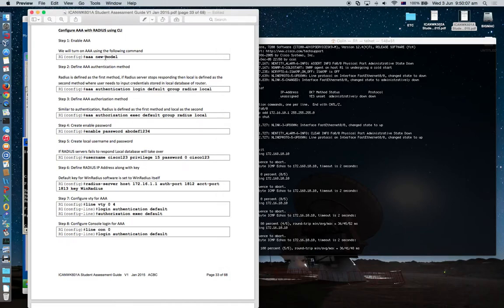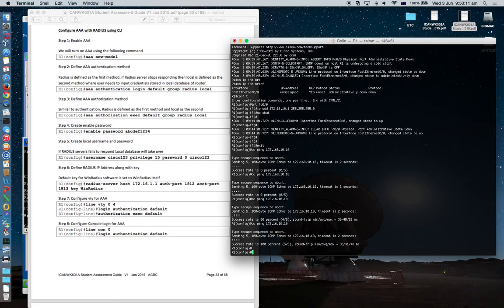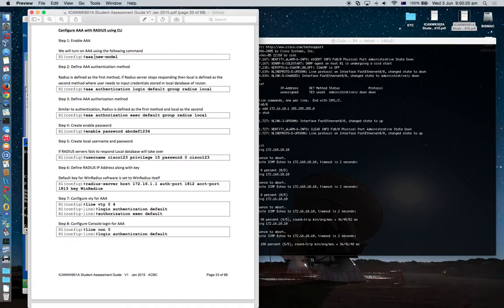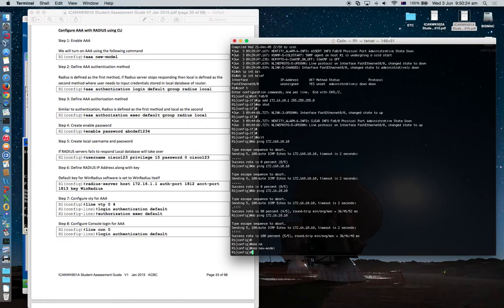Let's just start from here. First line, aaa new-model. We need to turn on AAA to use Radius. So the command line is aaa new-model, enter,